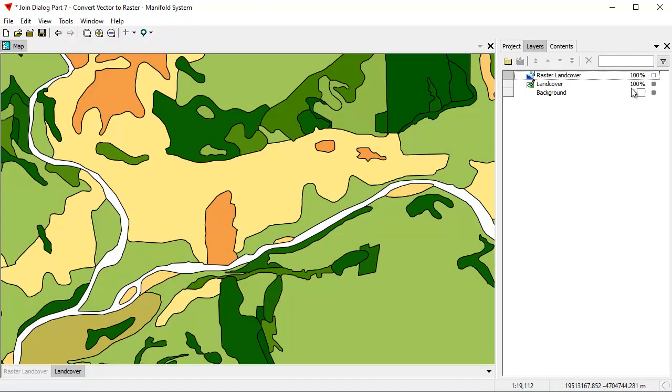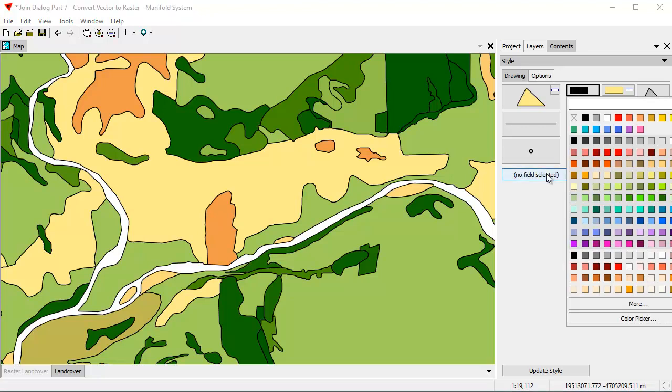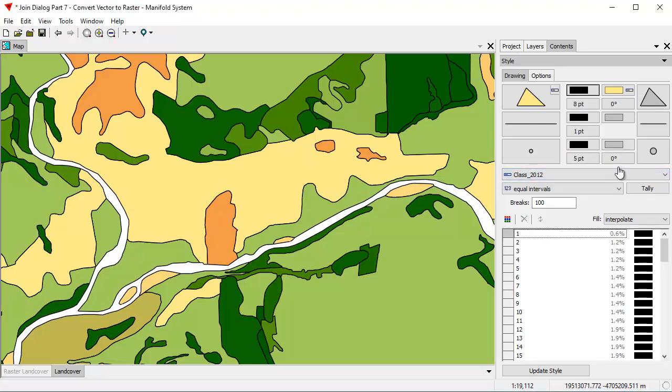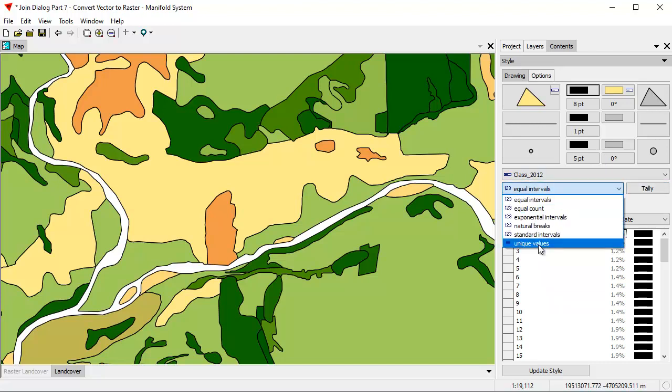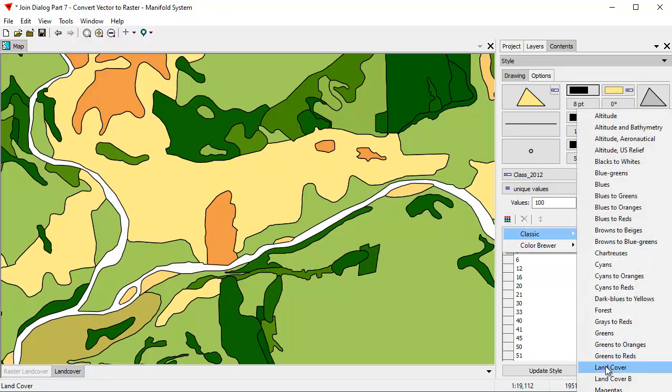In fact, one reason the drawing looks crisper is because the drawing uses these black outlines, because the style for the drawing just uses a thematic formatting for the fill color, but it uses black for the outlines. Let's thematically format the lines using the same thematic format as we did for fill color. And again, we're going to use the unique values, Tally. And again, I'm going to use the land cover